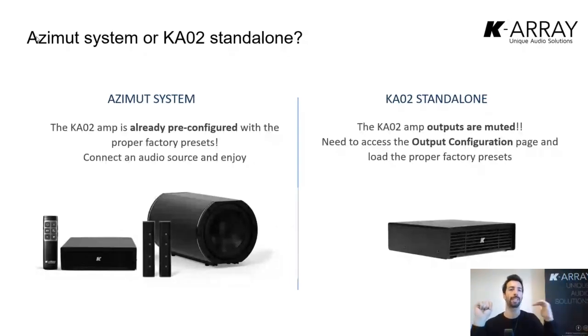You have no sound coming out. You can connect whatever to the inputs. You have no sound until, guess what? You complete the output configuration process. So in this case, it's the same concept of KA14, 24, 84, but you don't have to do that in case you buy an Azimuth kit. Okay, that being said,